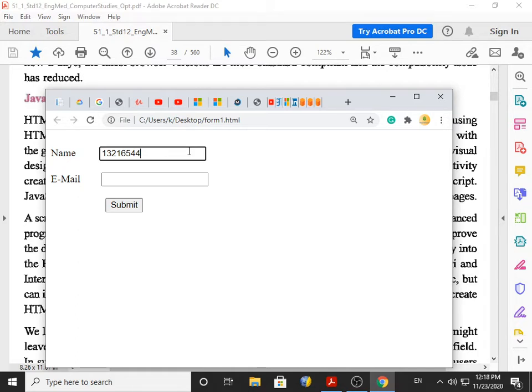That HTML is not aware. So what to do? Because HTML is a markup language. It is just used for designing purpose. To solve this problem, we need to associate it with a scripting language. And scripting language has the majority of the qualities of a programming language. So in that case, we will learn scripting language. If you are able to understand scripting language, then there is good news for you, because on the basis of scripting language, we have a programming language.